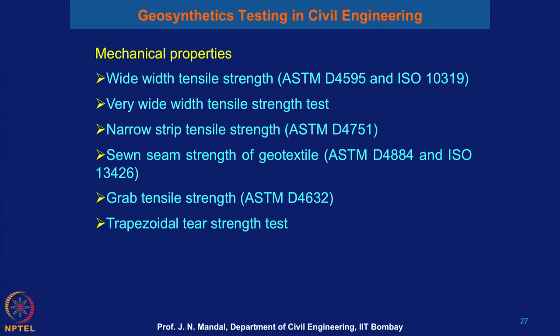So, we will perform different types of tests, how to perform these tests, and what will be the unit of the tensile strength of the geosynthetic material, which we will focus on in our course. So, this is very important: wide width tensile strength as per ASTM D4595. The main aim and objective is to determine the wide width tensile strength of a geosynthetic material. In introduction, the basic difference between this test and other tensile strength tests is the width of the specimen. Remember, width of the specimen.